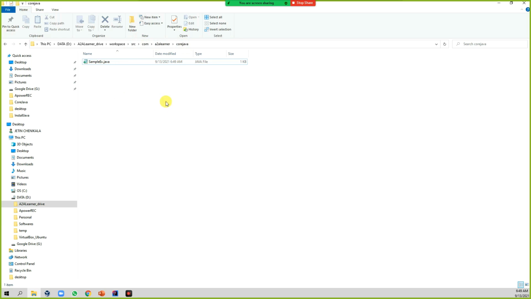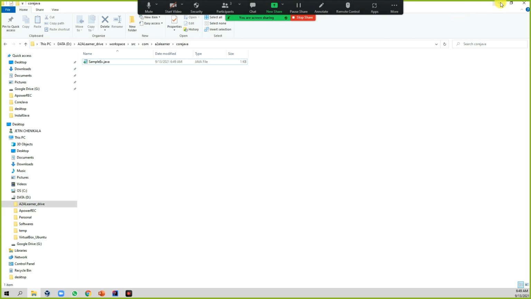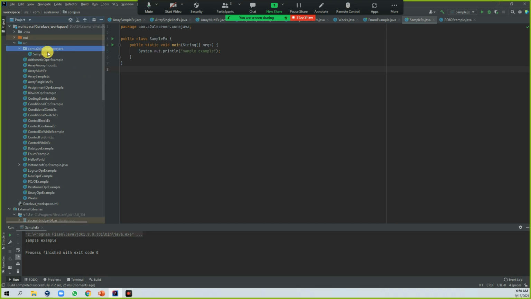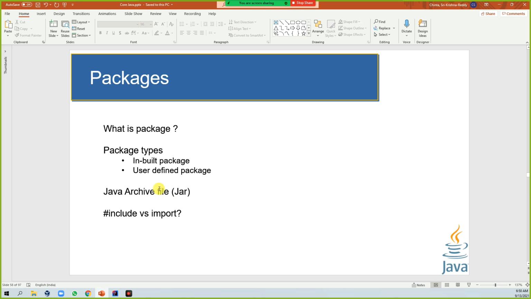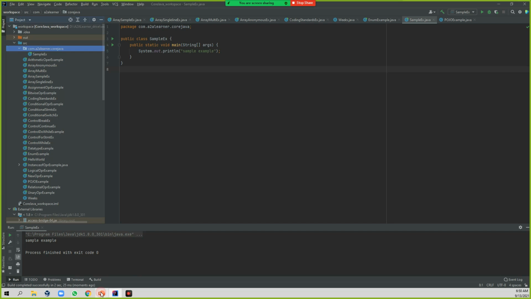So another class, if you want to write it here, the same thing, you can write inside it, whichever is related to you. So all of these packages that you wrote, we call them user defined. Okay, so this is user defined related. User defined means it was created by you, and inbuilt means it has been given by the software, whatever software you are going to use. That is the existing one.